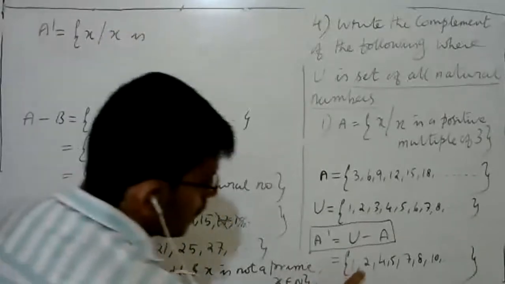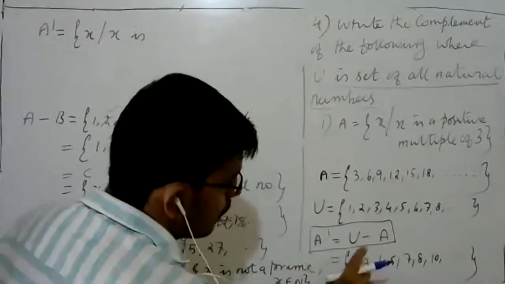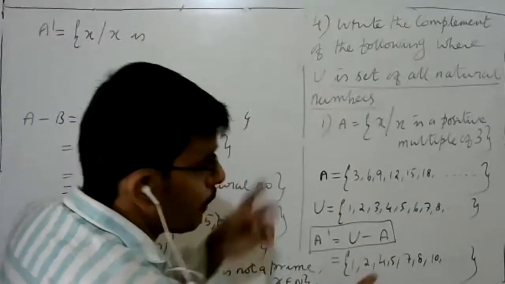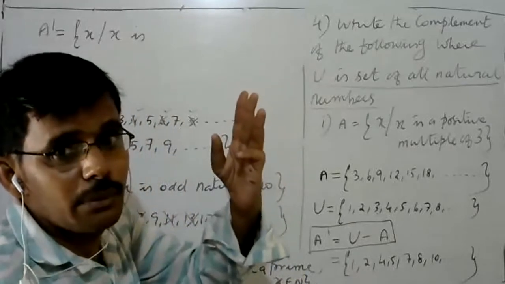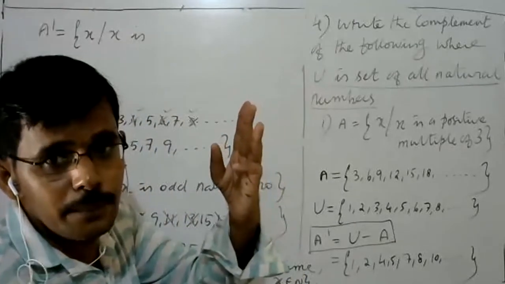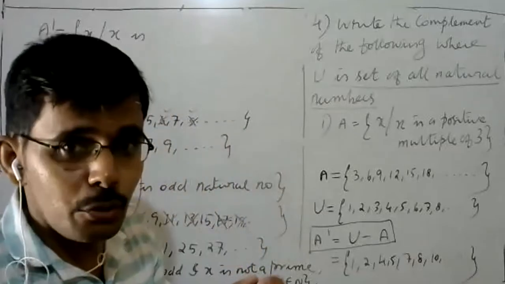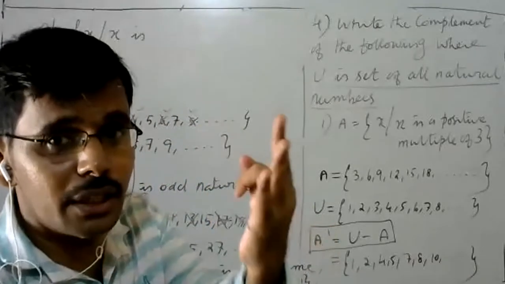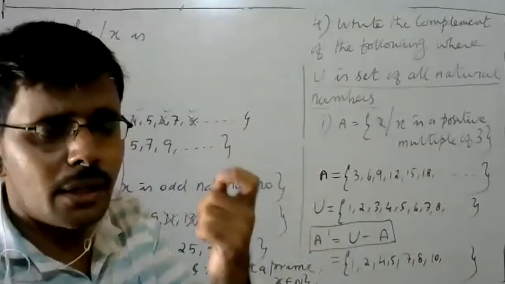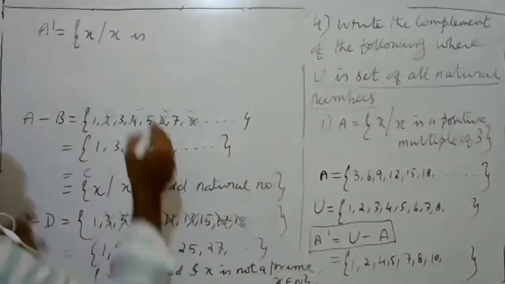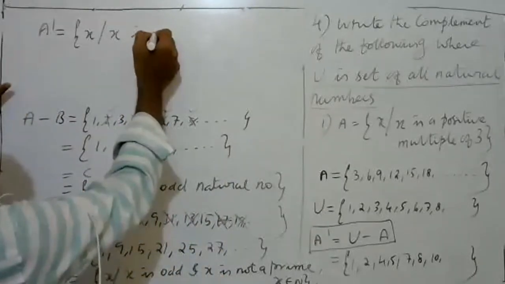Look at that. This is not in order. Only the multiples of three are missing. Here, this is the set of all natural numbers, but what is missing? Multiples of 3. 3 is missing, 6, 9, everything is missing. That means x is not